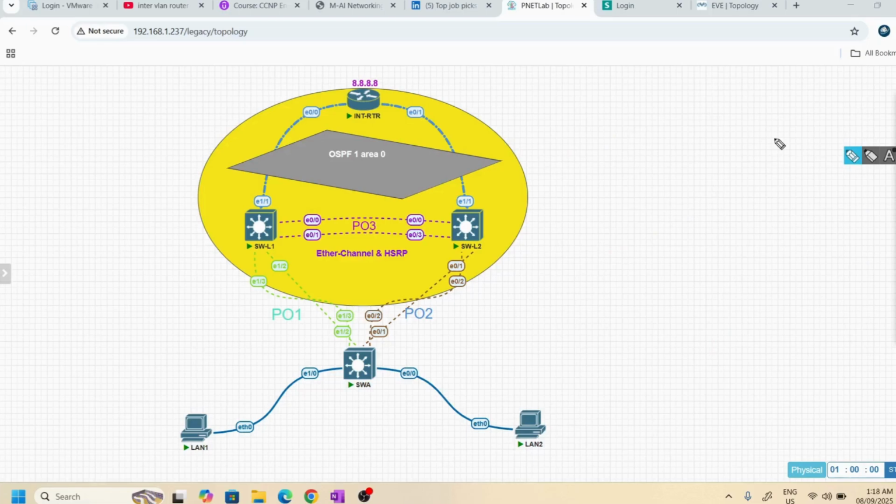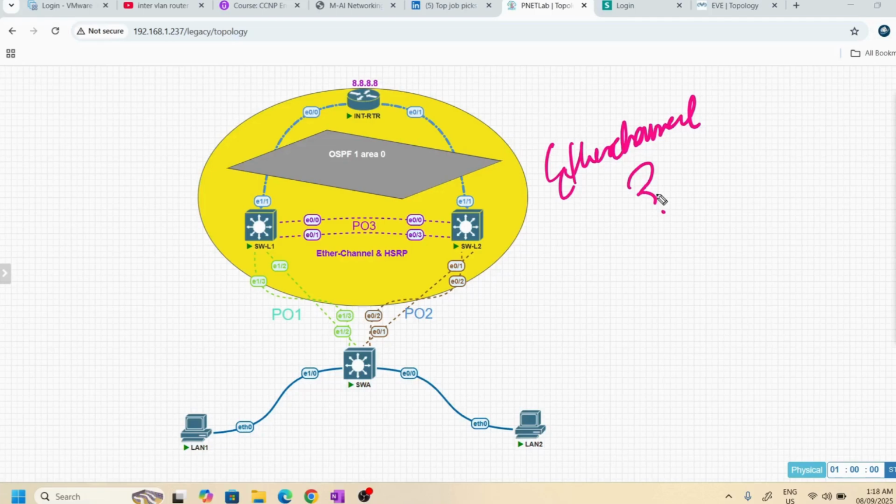I have a question for you. Why EtherChannel? Why are you going to use EtherChannel in your organization or in your network environment? I believe you are very familiar with this technology, where it will be used and how it will be used. So basically, this session is only for the configuration.